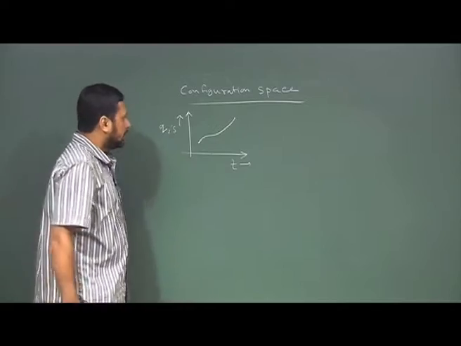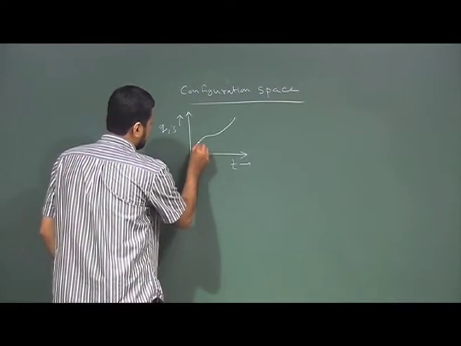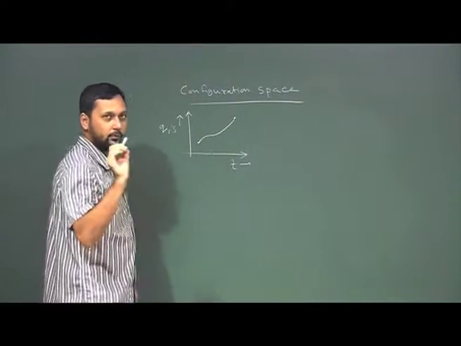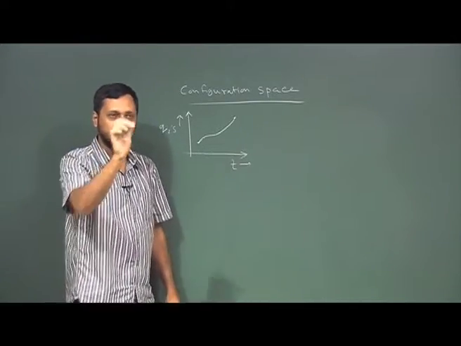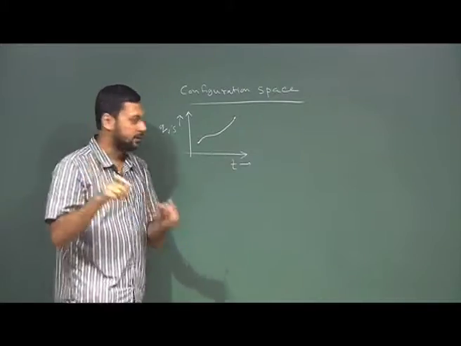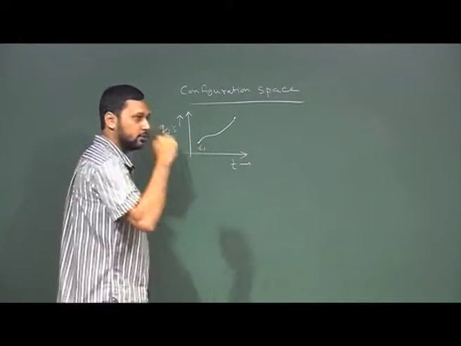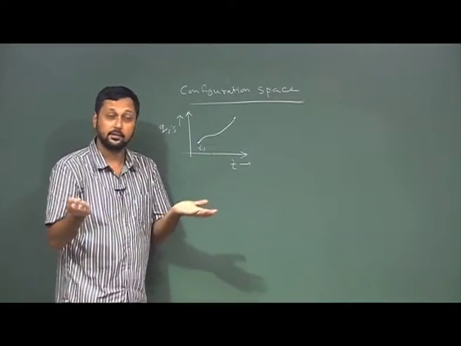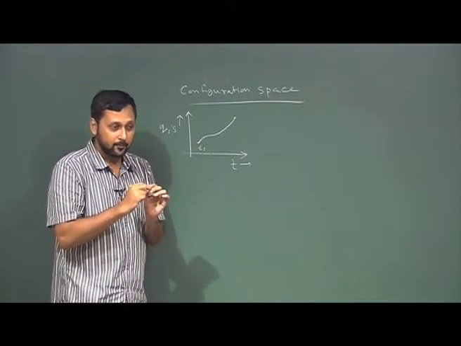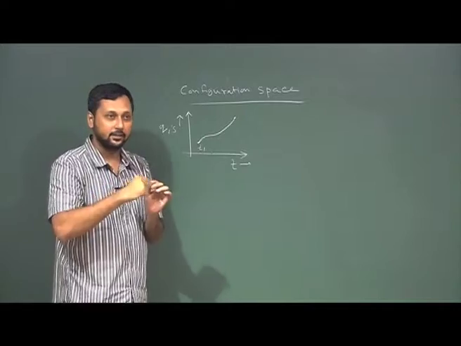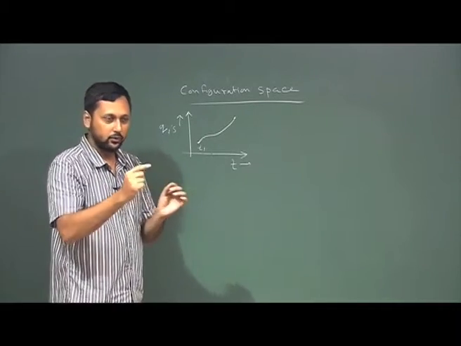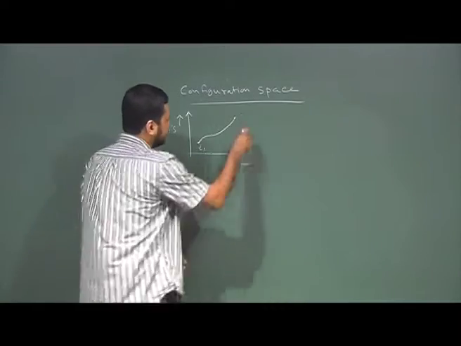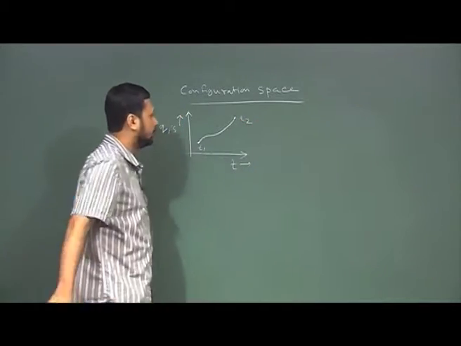Now, let us assume that there are two endpoints. When we throw this object, it starts at time t1, let us say, and it drops on the ground, or somebody catches it in midair, which is also possible. Whatever it is, it happens at a further time t2. So between t1 and t2, the entire trajectory is traced out.